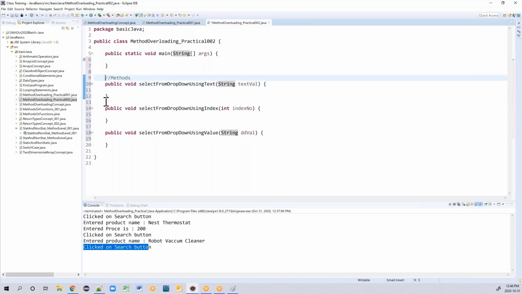Now I can have an overloading concept also. Public void select value from drop down.